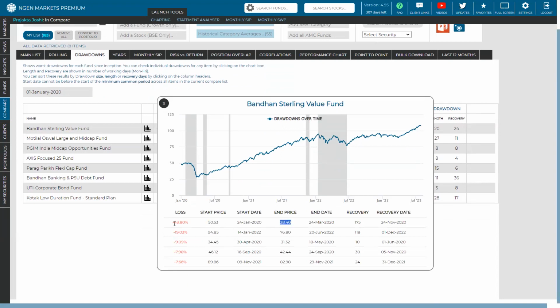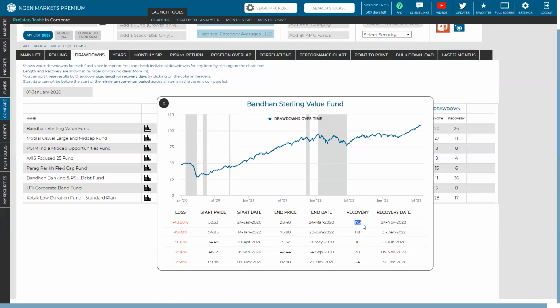That's exactly a loss of 43%. Okay, and this happened within a 2-month time period, 24th Jan to 24th March. And after that, the fund took 175 days to recover. Right, this is the in-detail